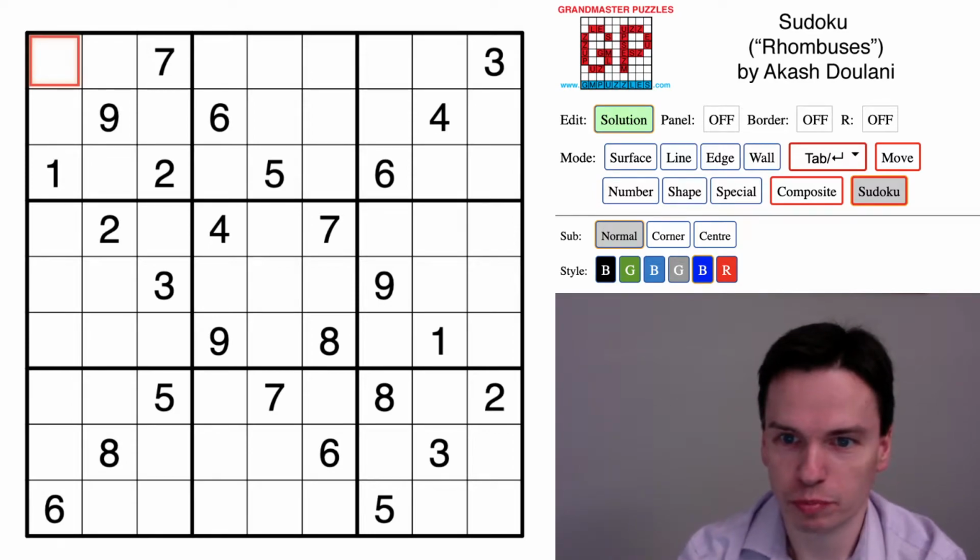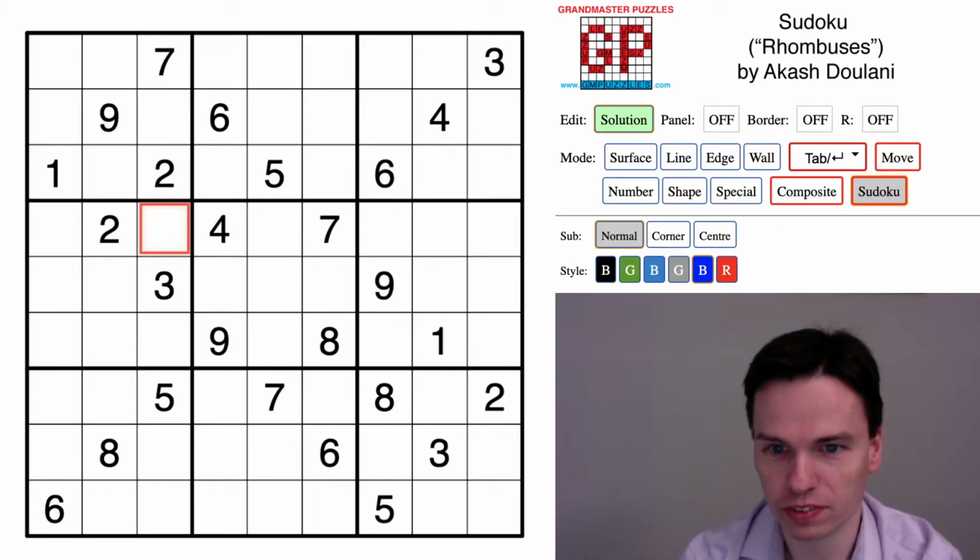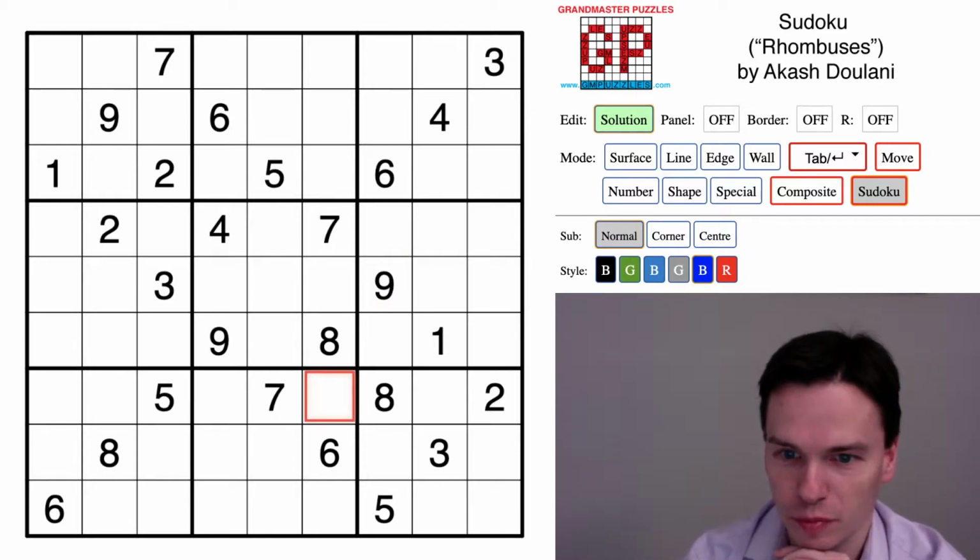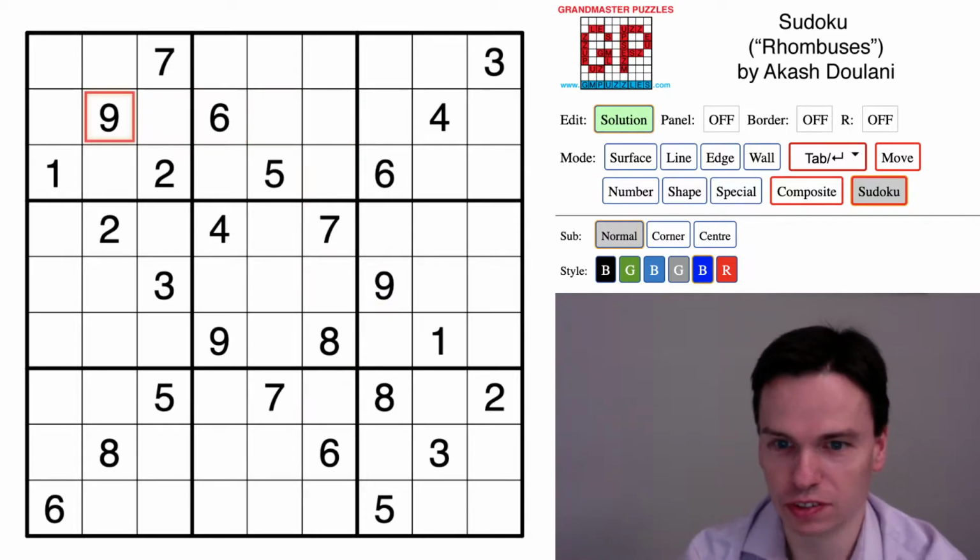So we're here to solve this moderate difficulty Sudoku by Akash Doulani. It has a theme of rhombuses. You can see the diamond-like shapes in the corners that have some interesting pattern to them. As typical for any Sudoku, I'm going to start by just looking at rows and columns for places I see,